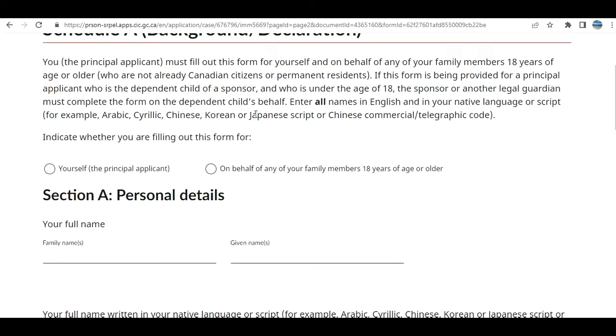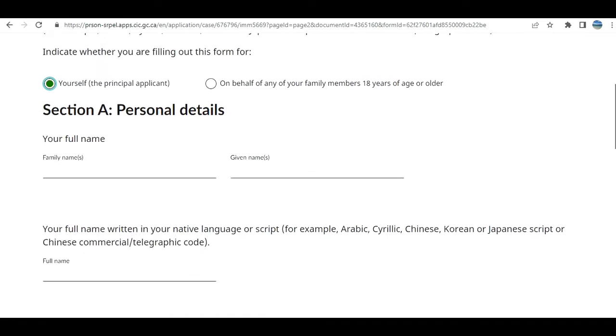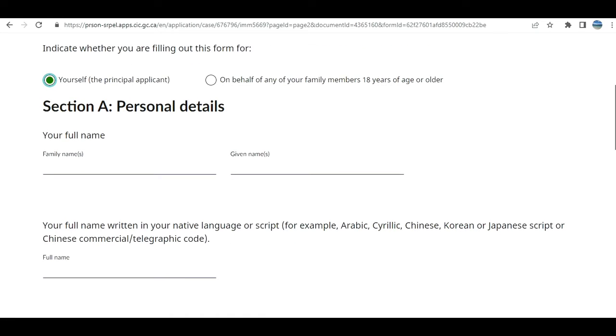Enter in native language or script. So must fill on behalf of your family member. You're okay. For principal applicant, okay. With a dependent, okay. If we are not going, enter all names in English and in your native language or script. So English we know, but I'm not sure how you can do it in native language. Like when I had to fill this up, it was a paper based application, so we printed and we provided the native language script. I don't know how to do this, but